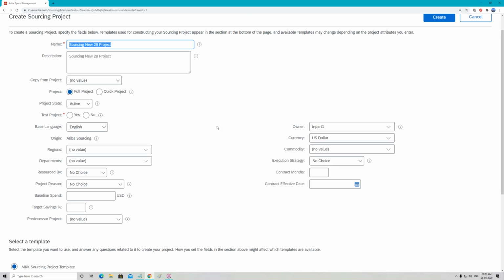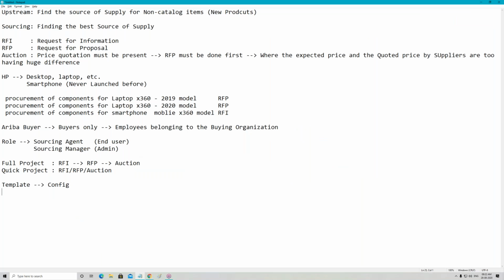The only option you have is through modification in the source code. So always remember, in the create sourcing project screen, any changes you have to do have to be done through source code modification. Now, as we have understood in our first session,